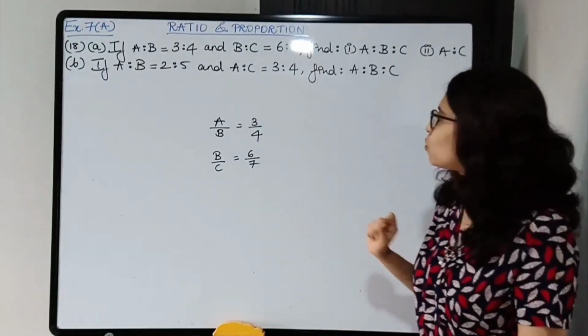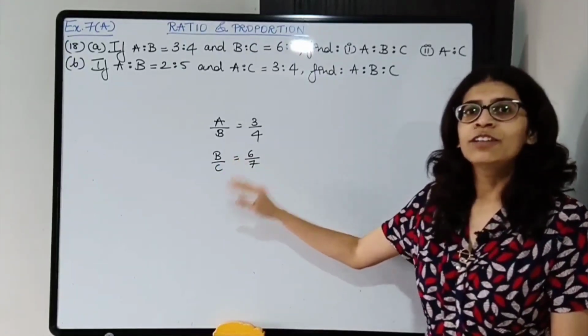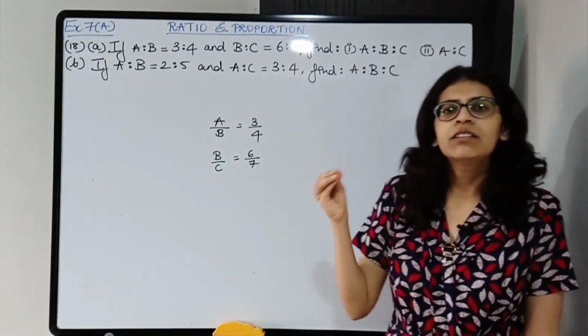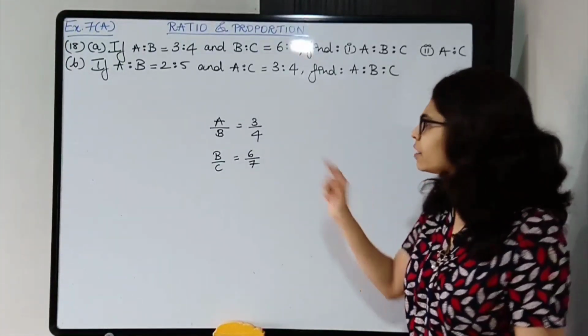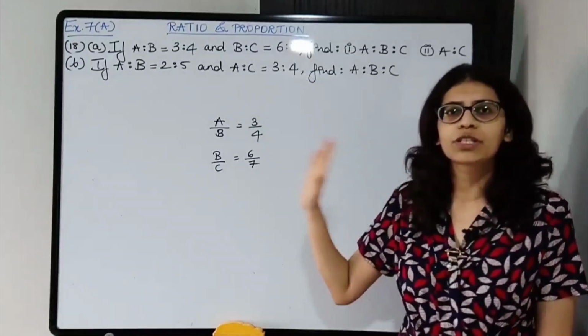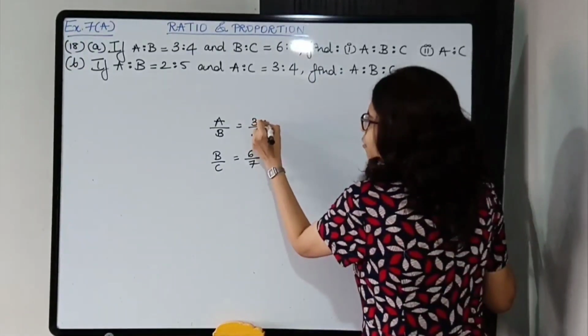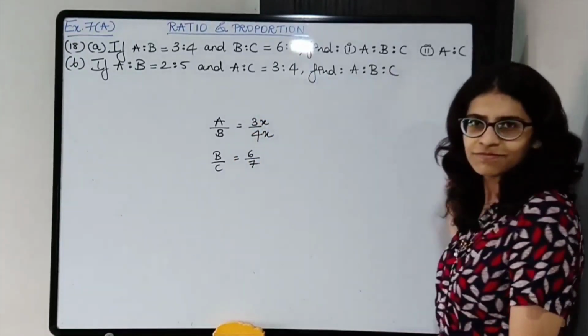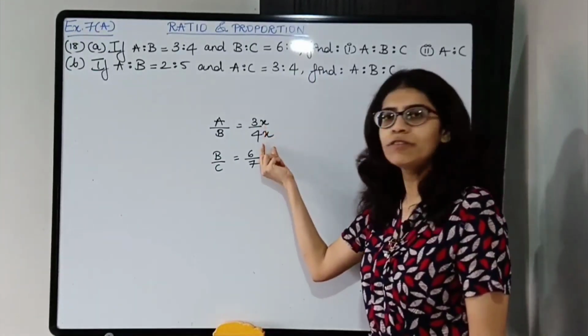Students, whenever you are told A upon B है and B upon C है and then you have to find the ratio of all 3, you will consider a common factor. Okay, so introduce a common factor in any one of the ratio. ठीक है, एनी वन यू कंसिडर एंड इंट्रोड्यूस अ कॉमन फैक्टर. ठीक है, सो लेट्स इंट्रोड्यूस अ कॉमन फैक्टर ओवर हियर. ठीक है, वी डोंट नो द कॉमन फैक्टर, सो लेट्स से x इज द कॉमन फैक्टर.